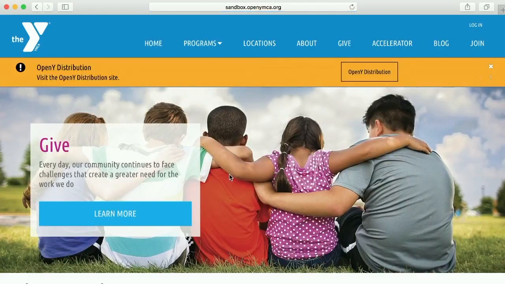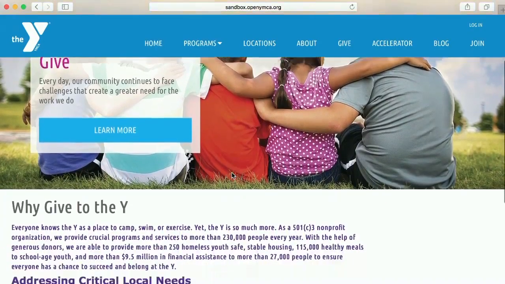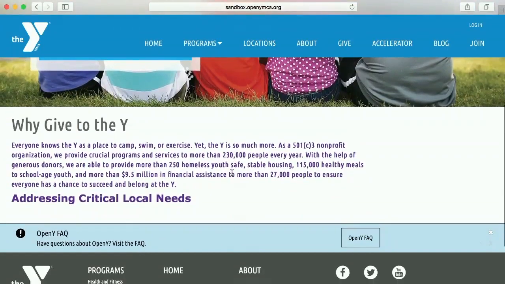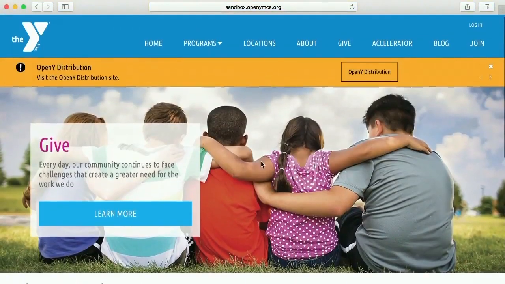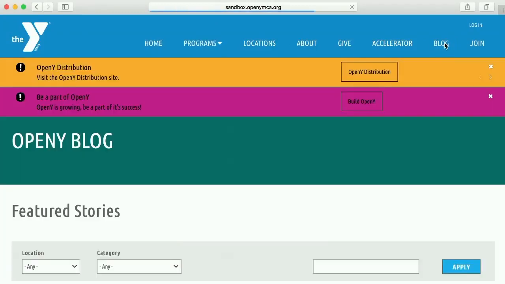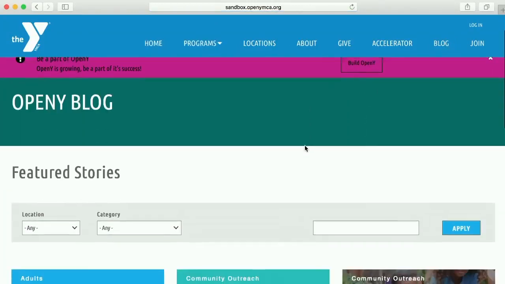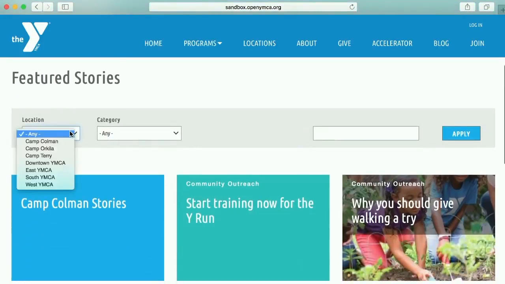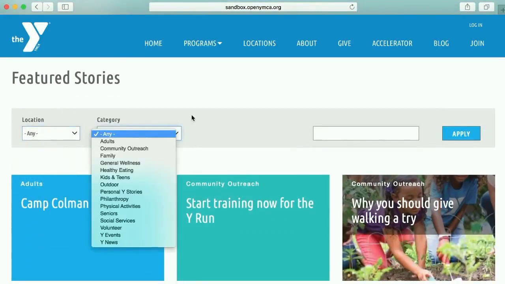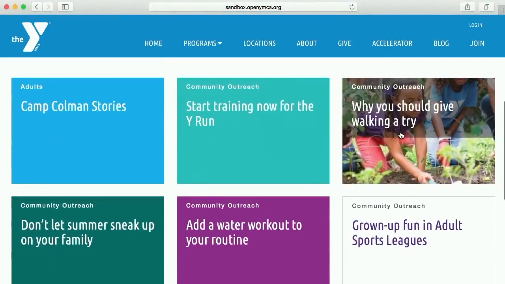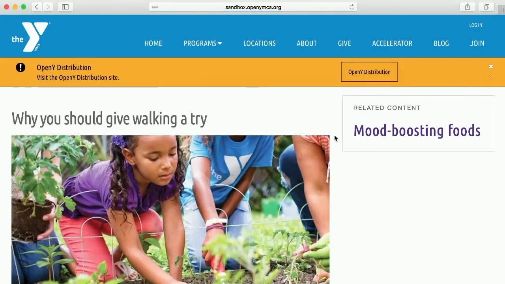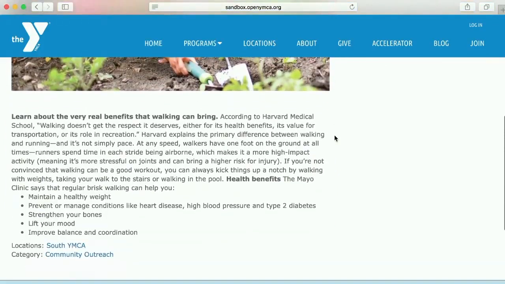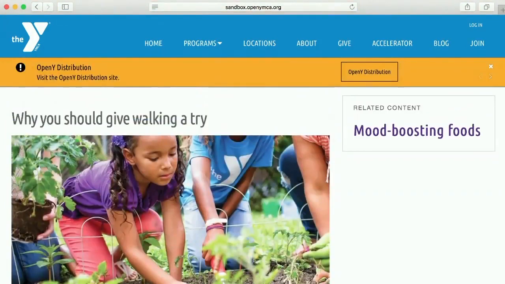Here you can see a landing page with static content that could be an about page or a page looking for volunteers or something like that. And we have the blog section where we can find different blogs. We can filter them by location, by category, by text filter, and for example, open the blog post page itself to read through the content on the website. That's only a small amount of features, but that will give you an understanding of what we are building and what we have right now.